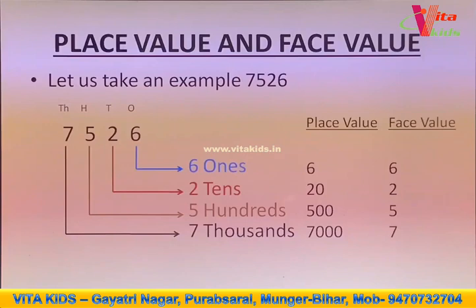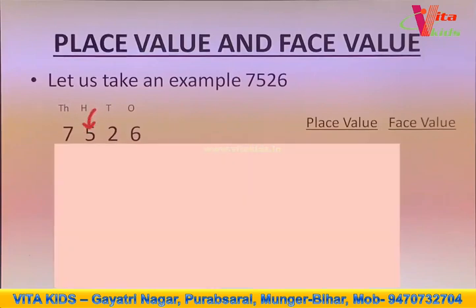Now I like to share a tip with you. You have to find the place value of 5, write 5. And then how many digits you have on the right of 5? You have 2 digits in this particular example. So these 2 digits you will convert it into 0. That means 5 followed by 2 zeros. The place value of 5 will be 500.